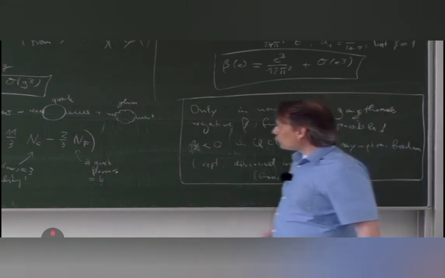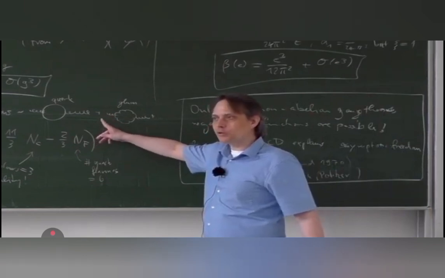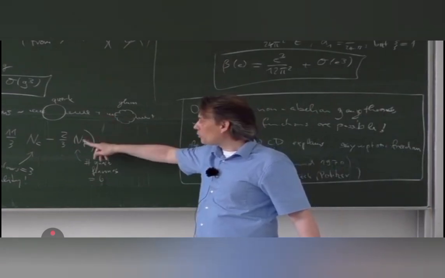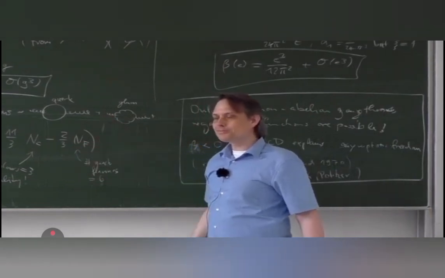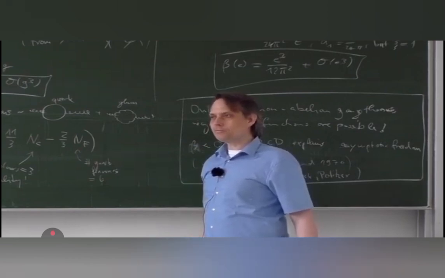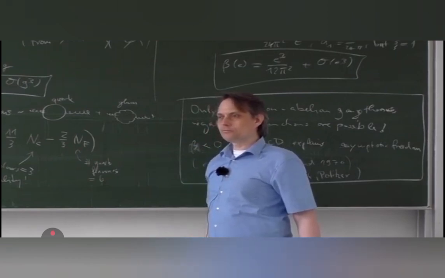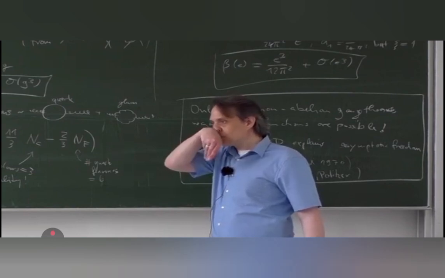But the other, I don't know, what is your question? Is it why this diagram leads to a negative sign, or what? No, why is the color number and the flavor number